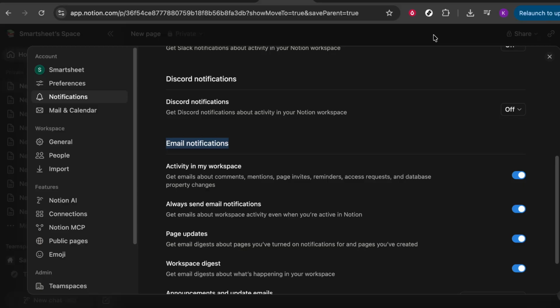By following these steps, you'll have personalized your Notion notifications to perfectly fit your needs. Whether for work or personal projects, staying informed without unnecessary clutter is essential. This streamlined approach helps you manage your notifications